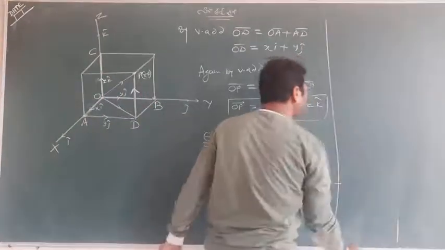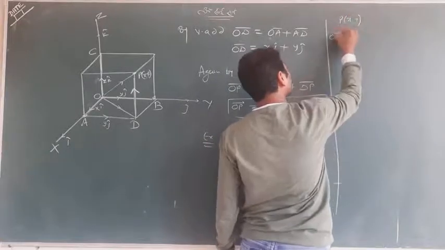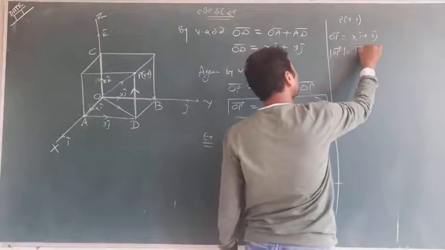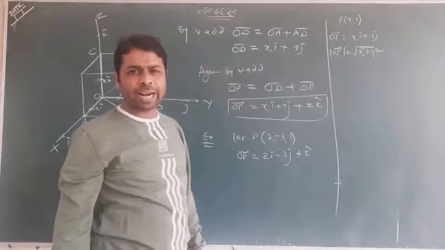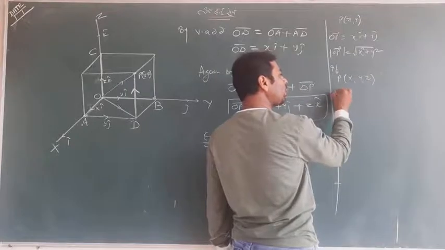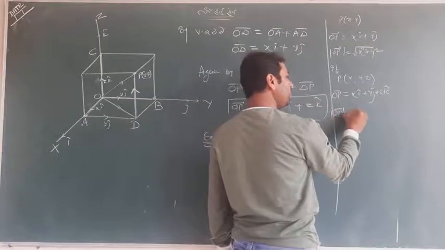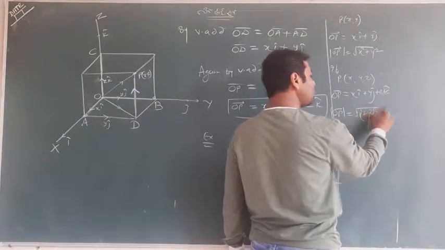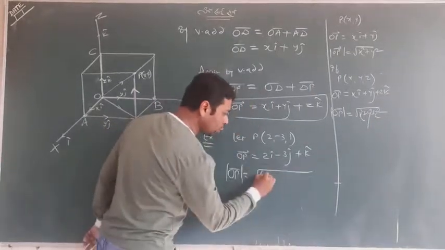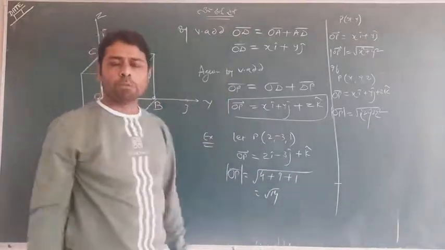Now I won't waste time. As you know from the last concept, you remember it was xy. OP was xi plus yj, and the mod of OP we saw was the square root of x square plus y square. These three things we had already seen. Similarly here, if P is (x, y, z), the position vector of P is given by xi plus yj plus zk. So what is the mod of OP? That is the square root of x square plus y square plus z square. If you want to find its mod here, it is 2 square plus (-3) square plus 1 square, meaning root 14 is the mod of vector OP.